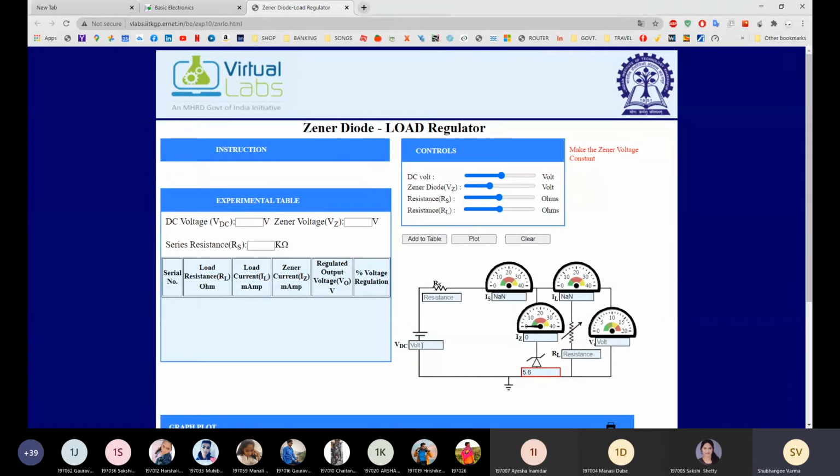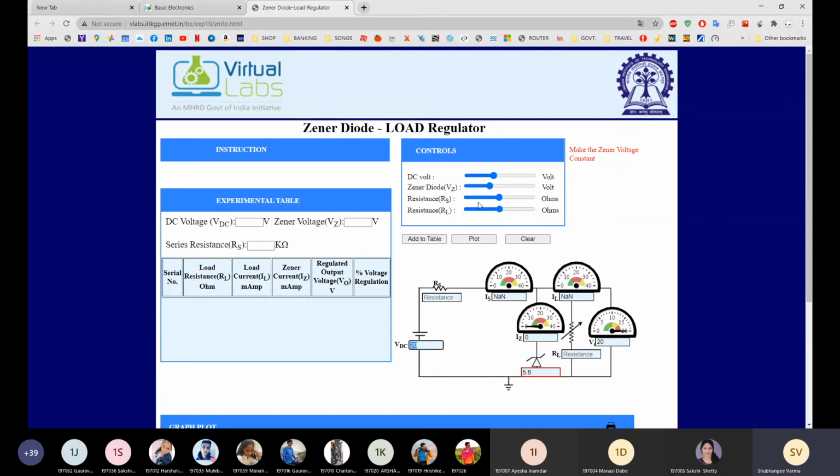In the previous circuit we kept the load resistor constant, because that time we were checking the input side. We checked the output with respect to input. Now we are going to check the output with respect to load. So we are going to keep the input constant. Keep the input voltage at 20 volt, everybody.